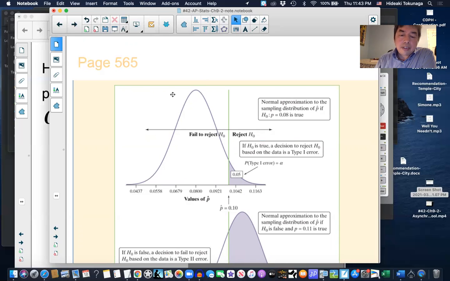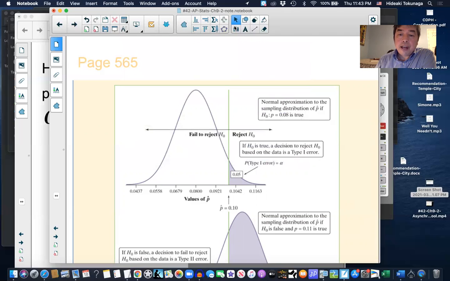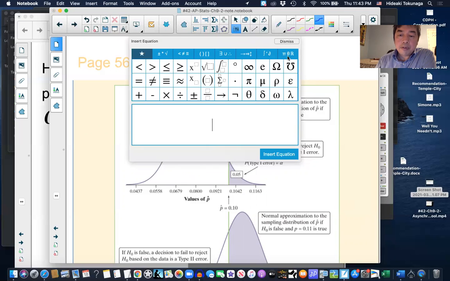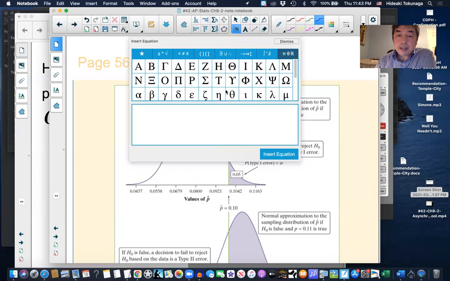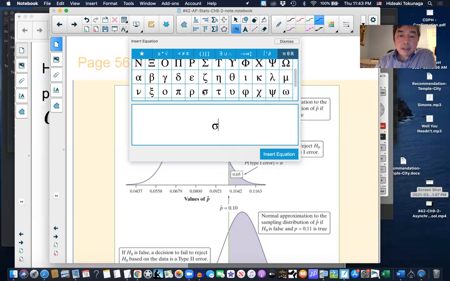I just don't want you to get confused, so let's use the standard deviation. I put the sigma sign here. If I'm incorrect, I will make an announcement. So the sigma sign here is sigma. Okay, so sigma equals